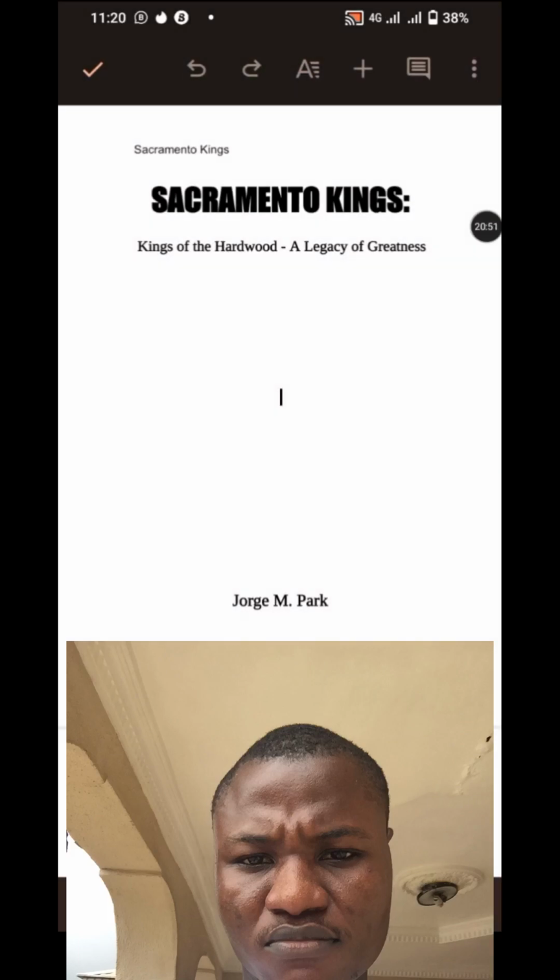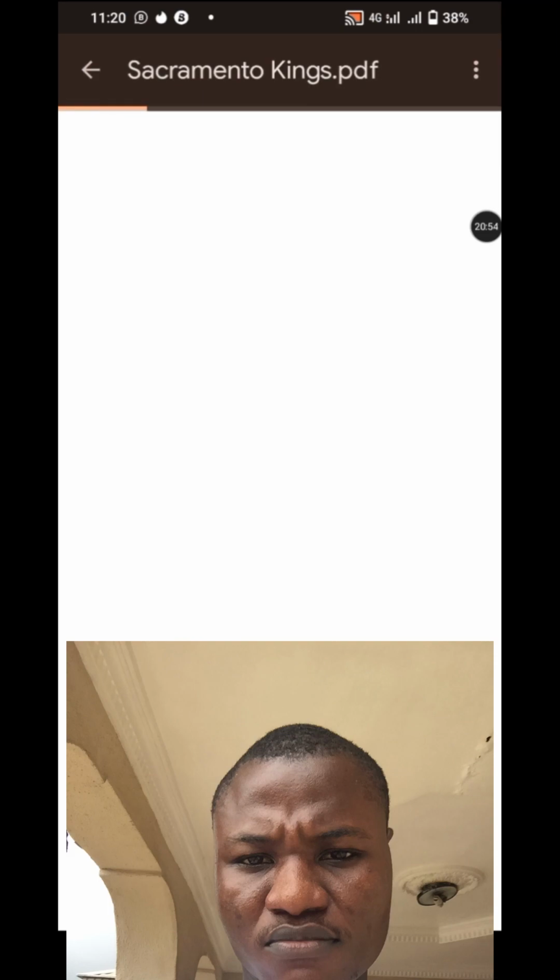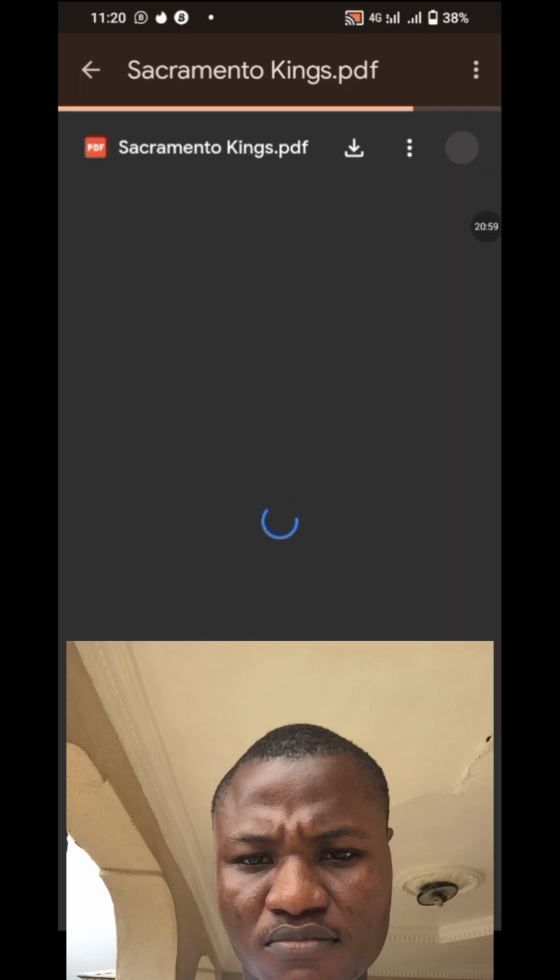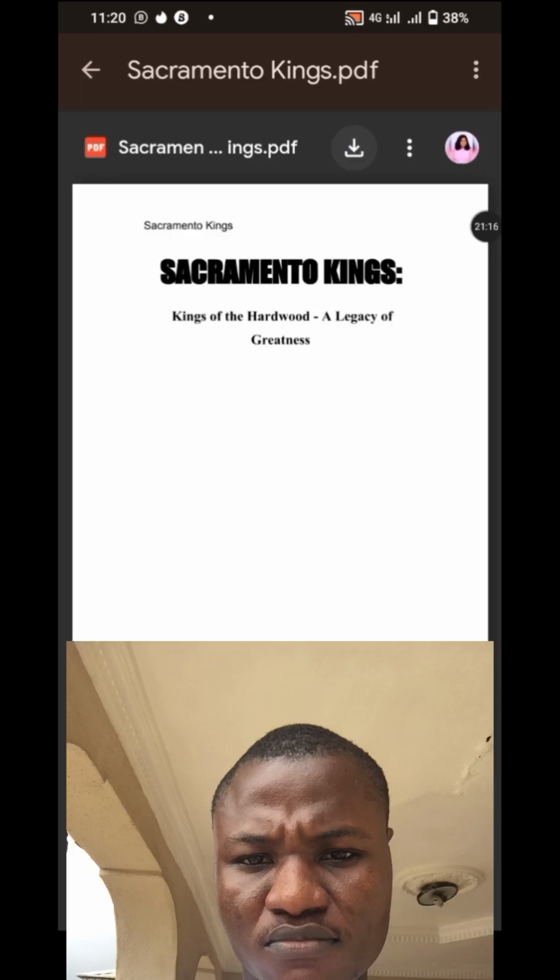Let's wait for it to take us to where we can save the document as PDF format. It's going to appear like this. Allow it to load. Once it appears like this, you will see this download logo here where they wrote PDF. This download logo here, you're going to click on it. See this place? You're going to click on it. Once you click on it, it has taken you to your browser where it's going to now start